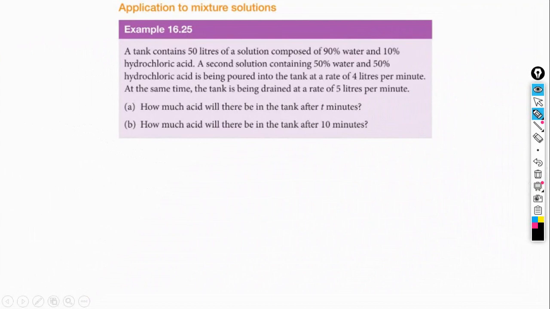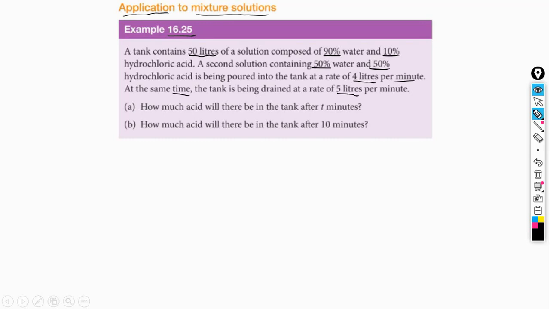So now we're going to look at an application to mixture solutions. And it's going to be the last example on the video, 16.25. And it says, a tank contains 50 liters of a solution composed of 90% water and 10% hydrochloric acid. A second solution containing 50% water and 50% hydrochloric acid is being poured into the tank at a rate of 4 liters per minute. At the same time, the tank is being drained at a rate of 5 liters per